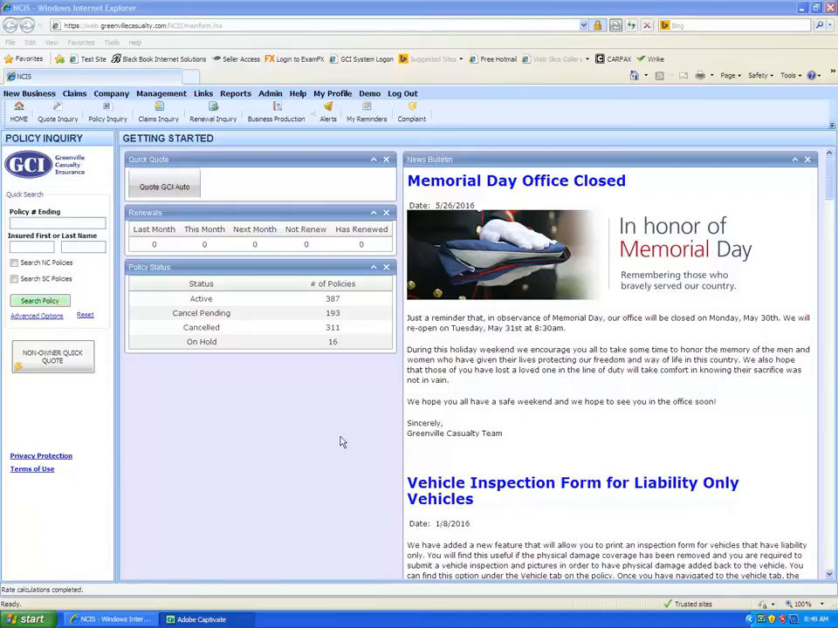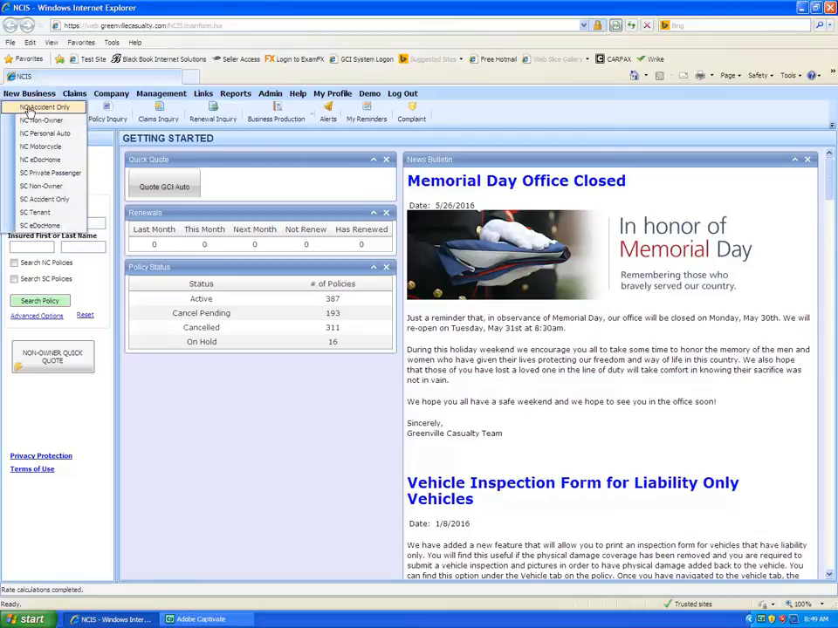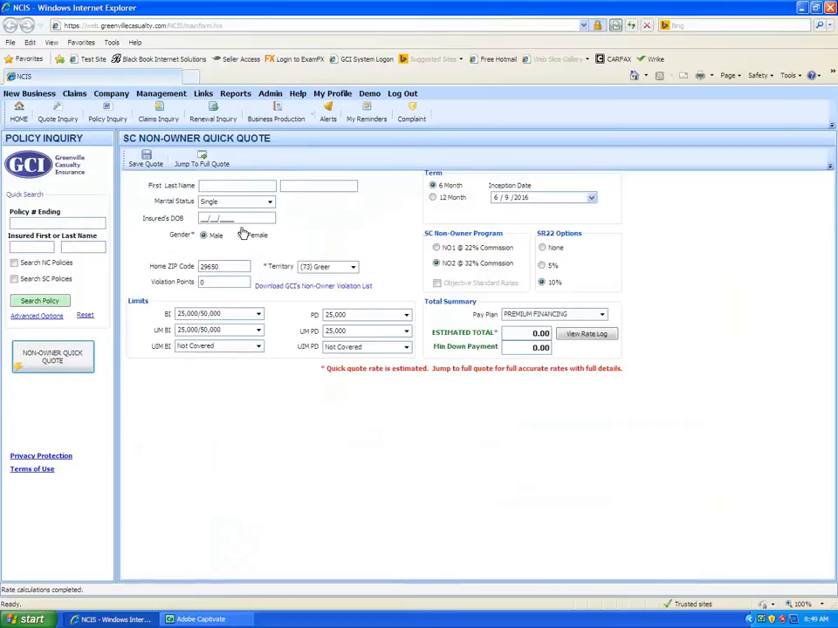Okay, this is Dean. This is South Carolina non-owner's quote. To do the non-owner's quote, you can click on this button here or go New Business, South Carolina non-owner. Okay, let's just go to non-owner quote, put in here and go Dean Kruger,